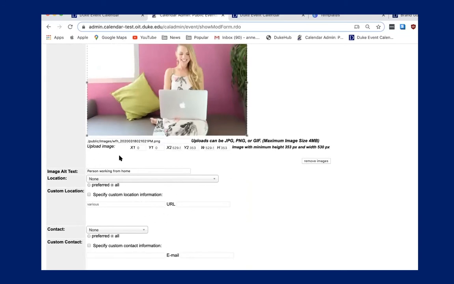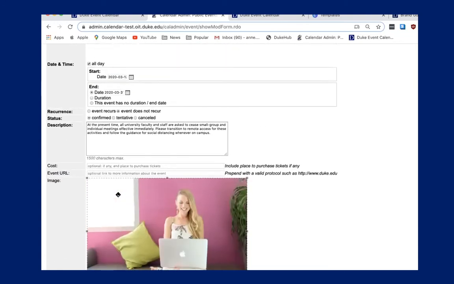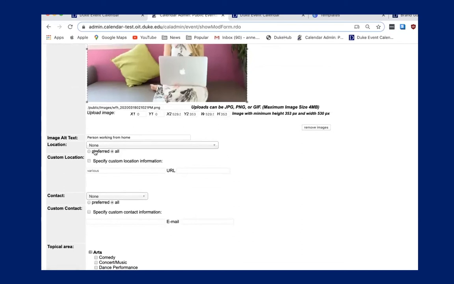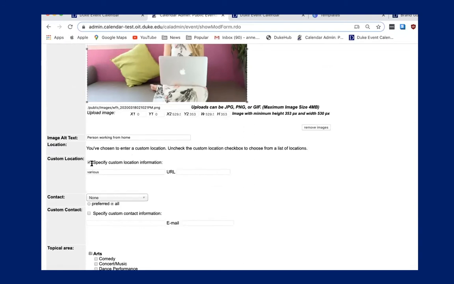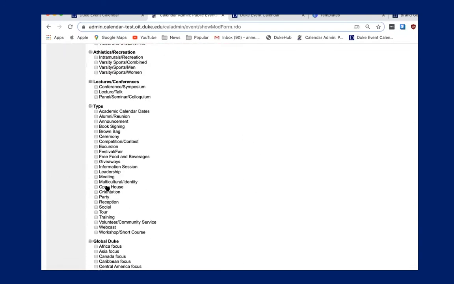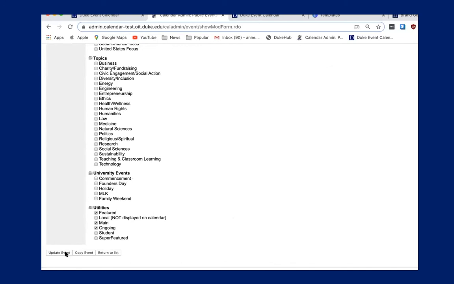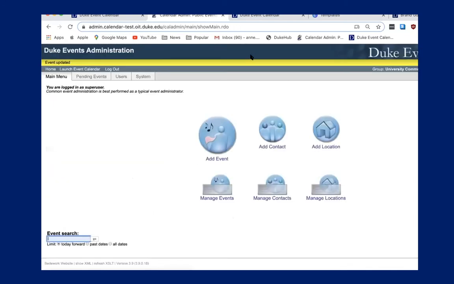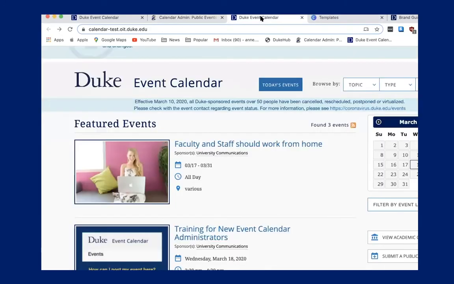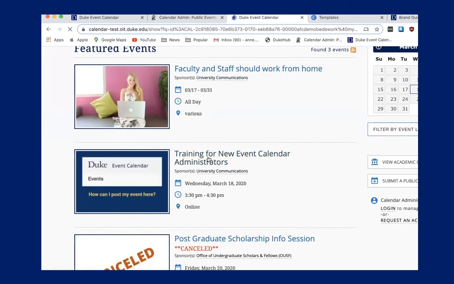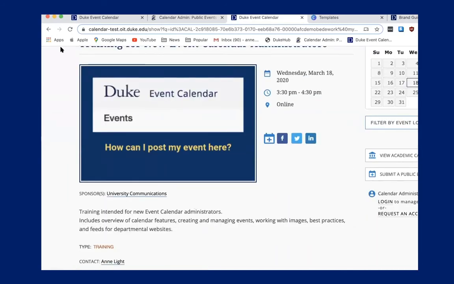When we edit an event, some of the checkboxes uncheck. So here's one I'm going to show you. I put in a location that wasn't listed because I needed to say we were all in different places. So if I click that again, then various will come back up as the location. And I'm going to update that. I'm going to go back over here. And now if I look at this one and reload,